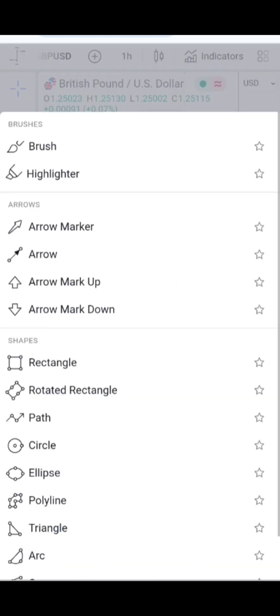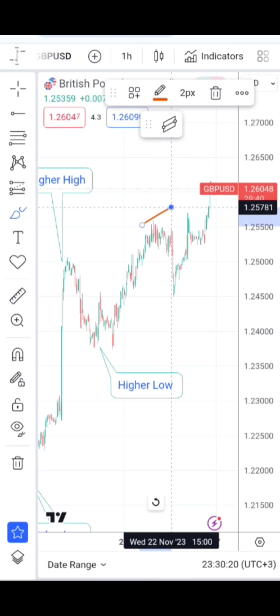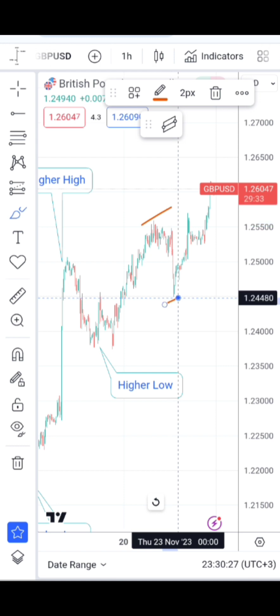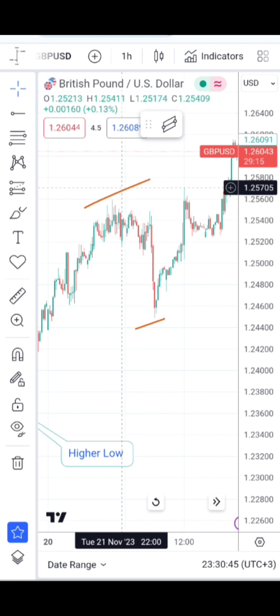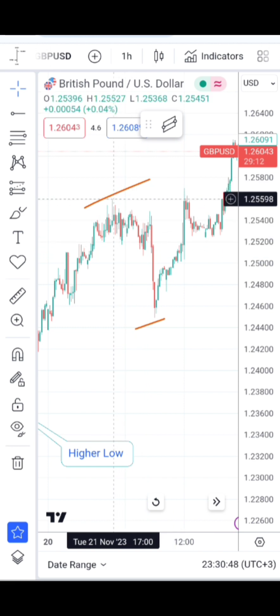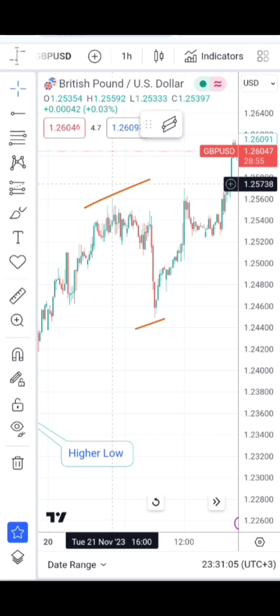So that becomes our new high. So from that high, there is this low here, which is higher than the previous low. The 1.25738 high, the 1.25592 actually high,